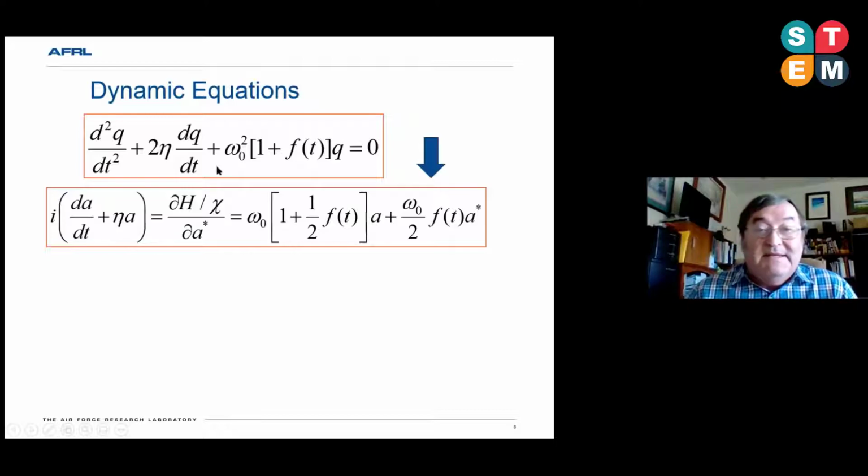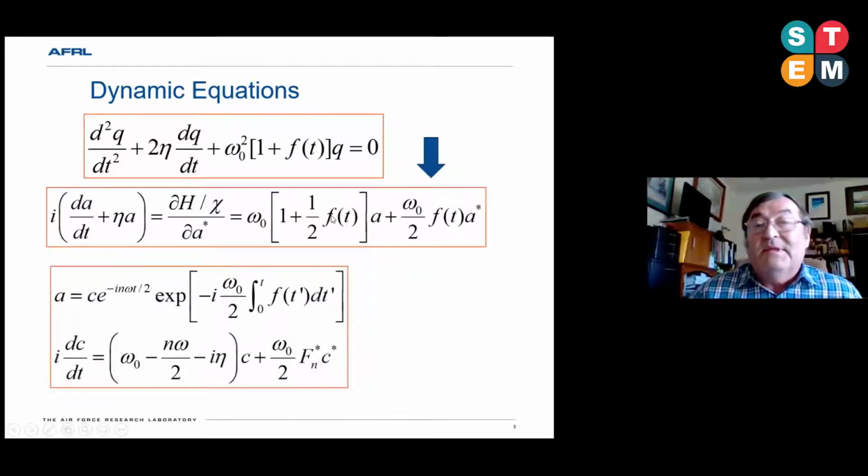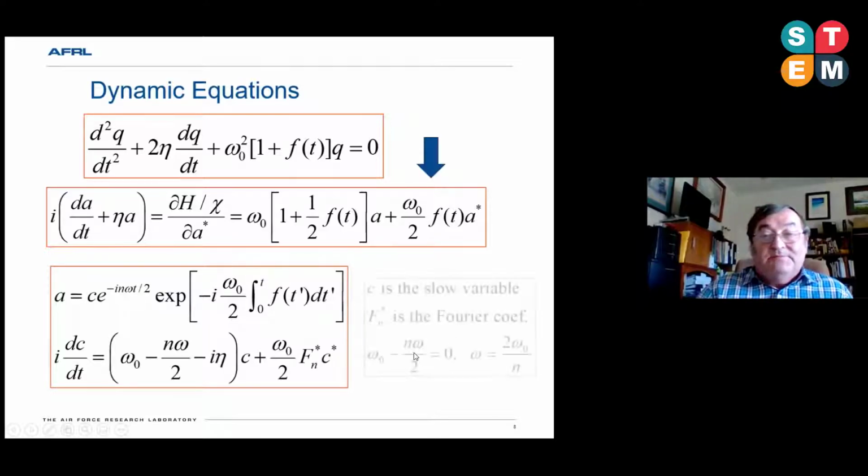And this equation is completely similar to the second order equation. And we can just remove the time dependence from the equation,